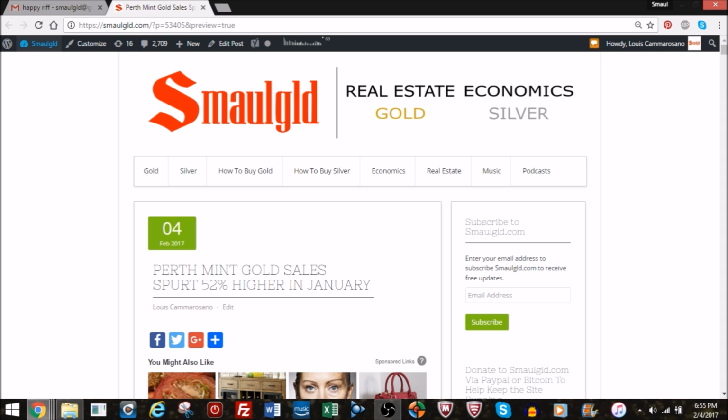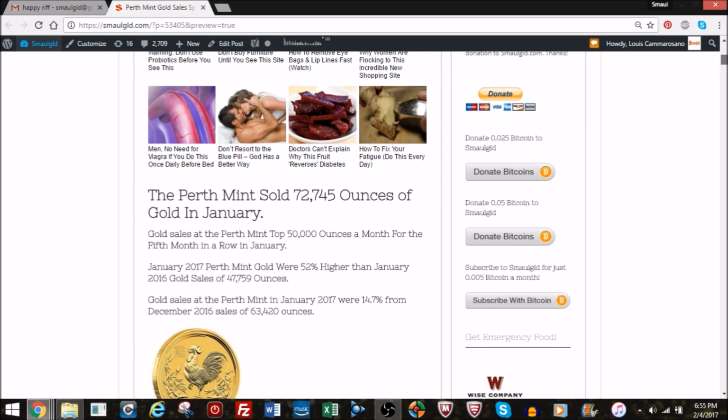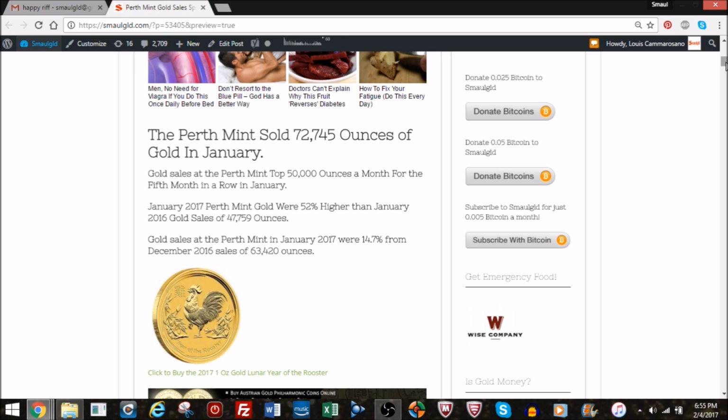Well, all you Perth Mint fans out there, the Perth Mint gold sales continue to soar higher. They were 52% higher in January year over year. The Perth Mint sold 72,745 ounces of gold in January. That was the fifth month in a row that the Perth Mint has sold over 50,000 ounces a month. As you'll see when we look at the longer term charts, the Perth Mint has been selling record amounts